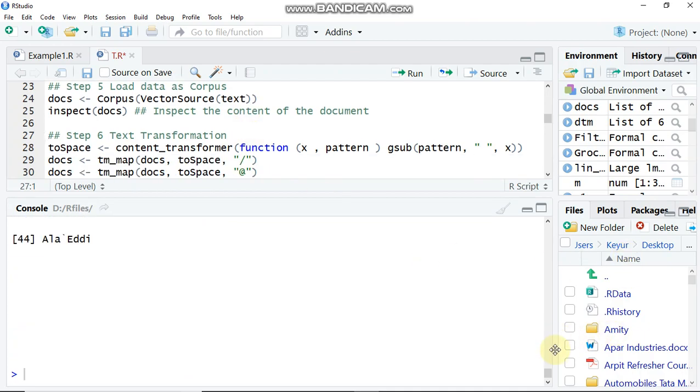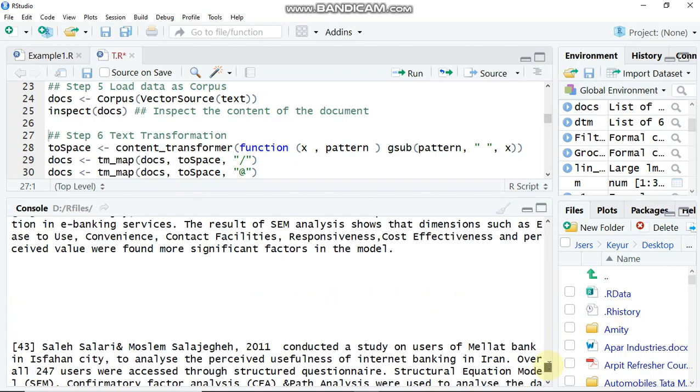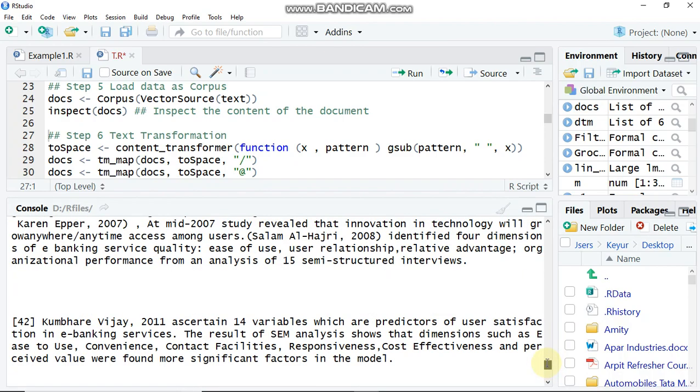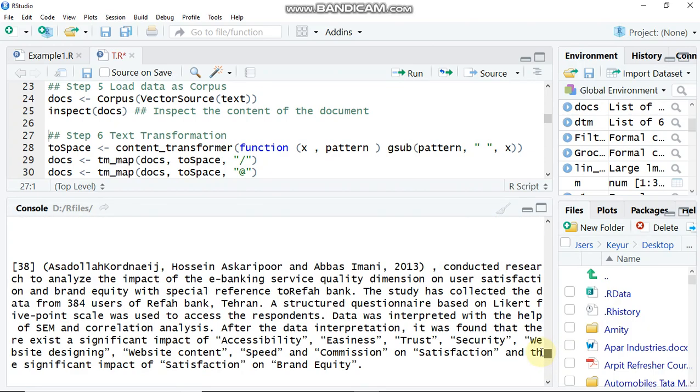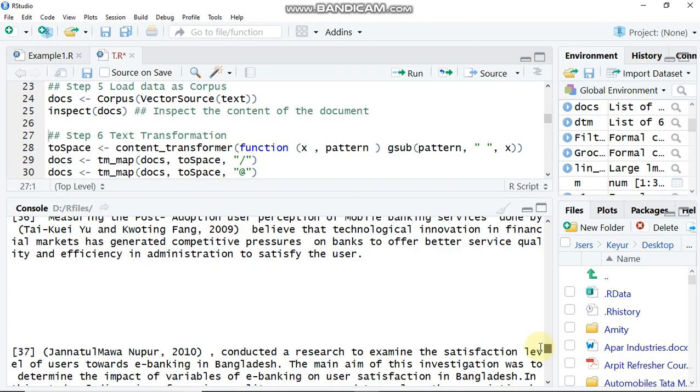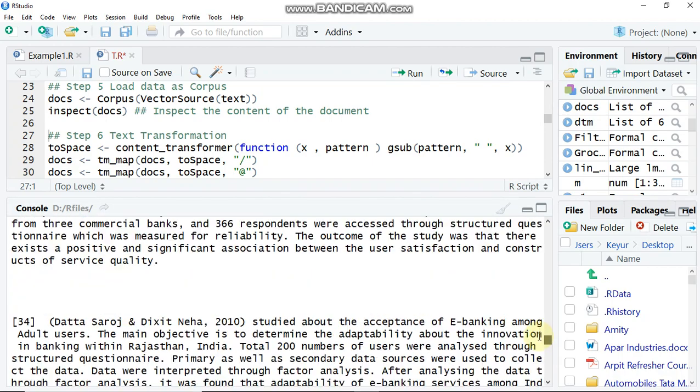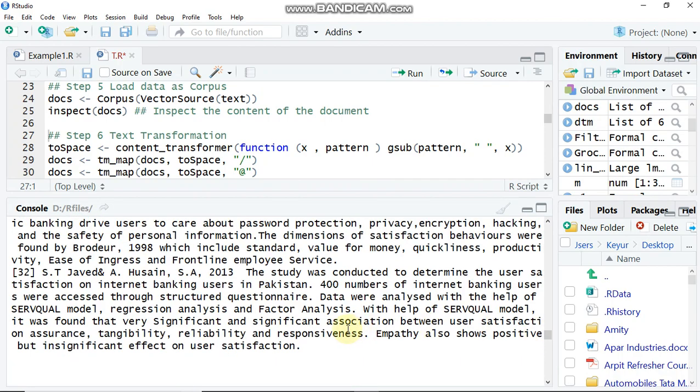When I am inspecting it, look at this, it is unstructured data, and I am going to find out which are the common, frequently repeating words in this document. You can see the unstructured data: commas are there, some capitals, some numbers, the @ sign, a lot of stubs. This is messy data which is not useful for me as a businessman, but I want to find out the meaningful pattern underlying in this document.